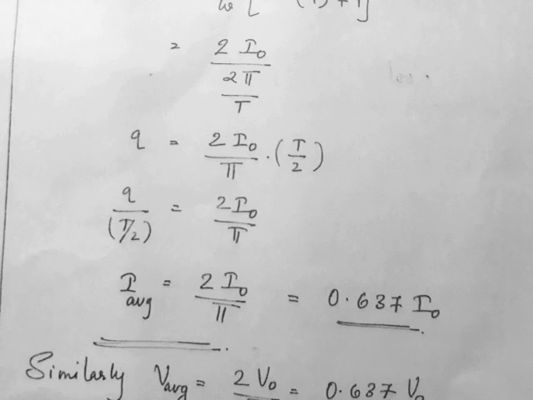Now how do we measure this AC current or AC voltage? Using our ordinary moving coil galvanometer, our DC galvanometer, we cannot measure AC, because there is a direction in the galvanometer. As AC varies its direction continuously, we cannot get the proper value of AC. So if you connect an ordinary DC galvanometer, you cannot get the value of AC.